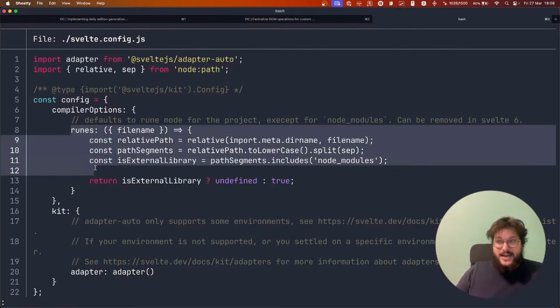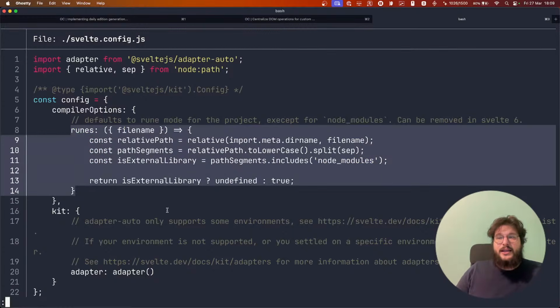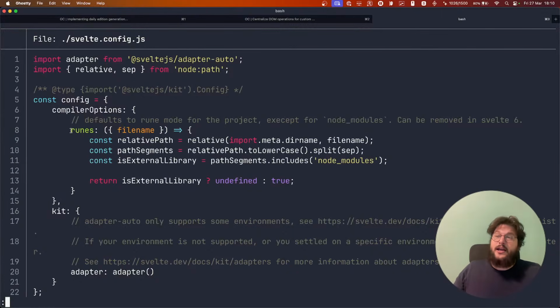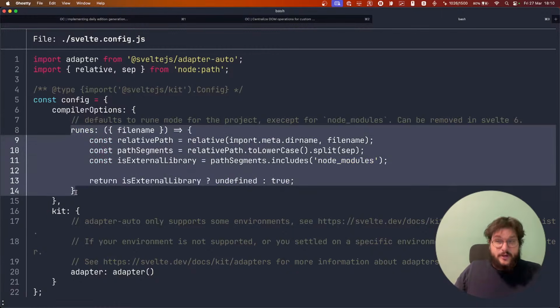So right now, if you are creating a new project, you will be in runes mode for your own files. So this is basically excluding all the libraries that you might use, because obviously if you want to use a library that is using legacy syntax, we don't want to mess with your libraries.